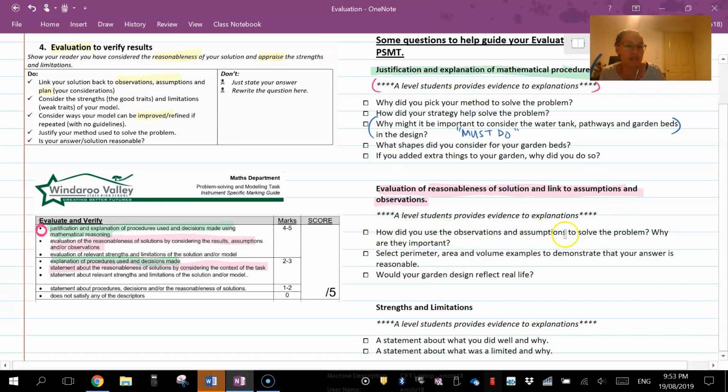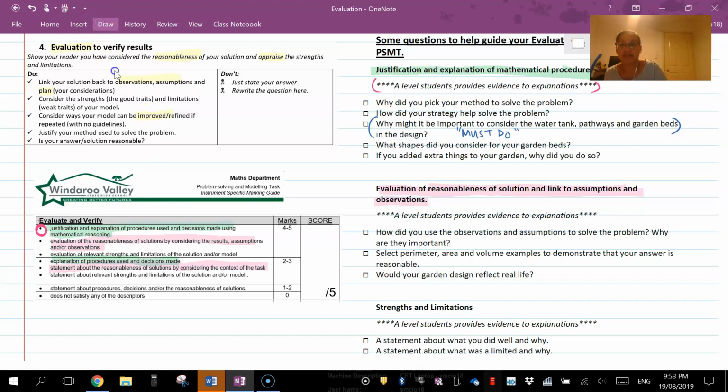How did you use your observation assumptions to solve the problems? So things like, I needed to include water tank, pathways, garden beds. They would be your observations. Why are they important? So can you see why you might not want to double up again on sentences? You may have already included that. But you might have things like the assumption. So if the ground wasn't flat, what would happen to your solution? You might have issues with it because you might actually,